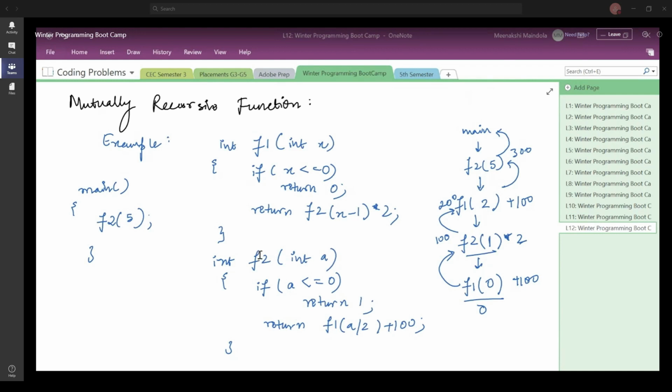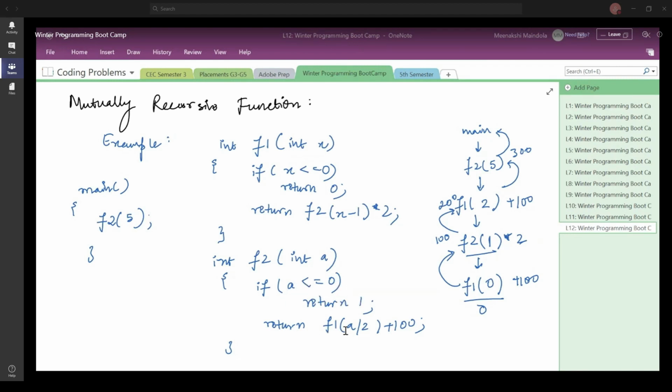So with this, when you call the function f2 with the value 5, you see from main you are calling f2 with the value 5, right? Once you've done that, you go here and you execute the statements inside this particular function. So you check this condition. A here is 5. So 5 less than or equal to 0, the condition becomes false.